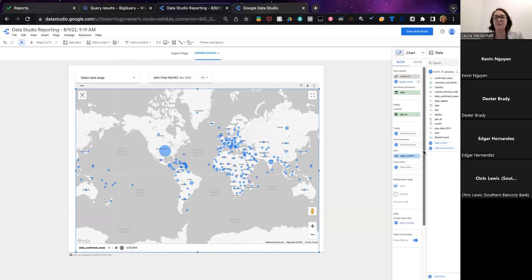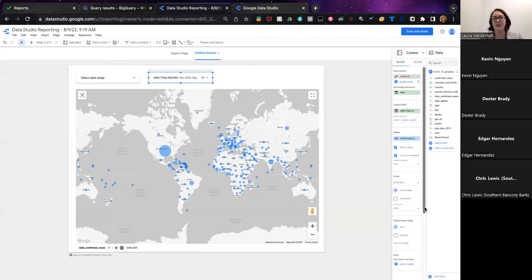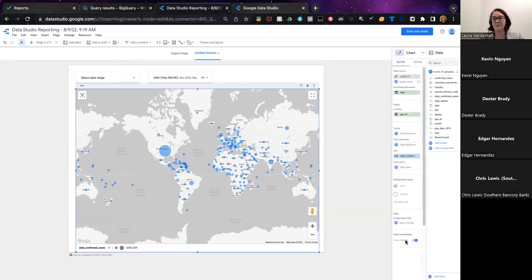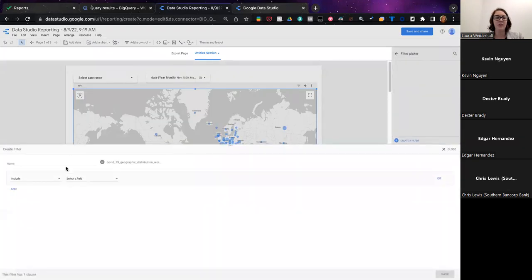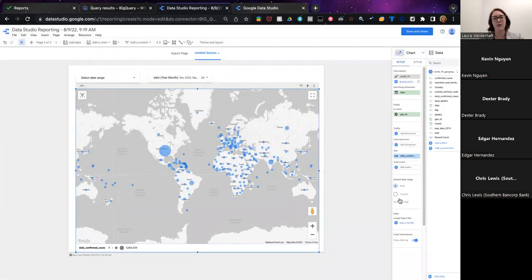The other thing to point out is you're able to add any filters. You don't just have to write a custom query if you want to filter the database. While you can add filters here, your user is going to be able to see any of the data. If you didn't want them to see May, for example, they still have access to click on May if you use your filters out here. There is a way to start filtering your data. If you filter your data behind the scenes here, the viewer won't be able to change or look at any of the data that you have filtered out.